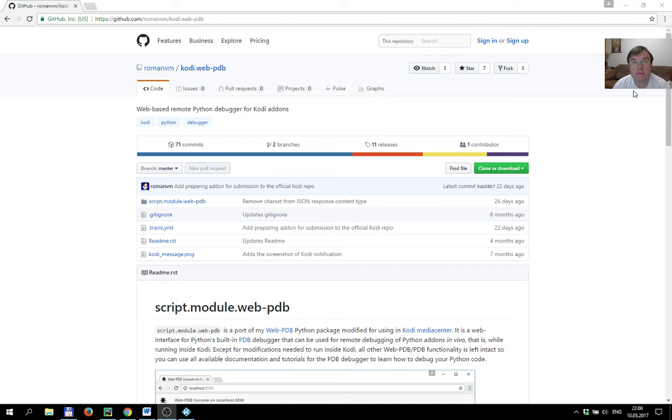Hi, my name is Roman and today I will show you how to use the Web-PDB remote debugger to debug Python add-ons for Kodi Media Center. There are several options for debugging Python add-ons for Kodi. For example,